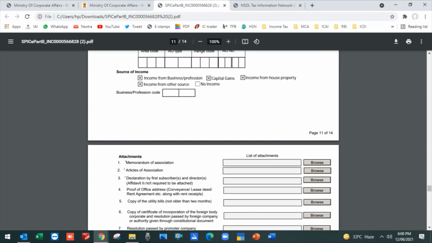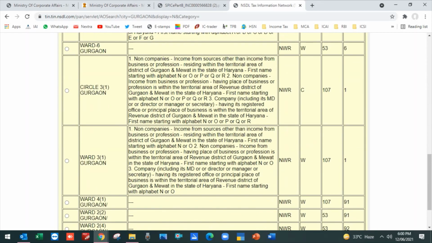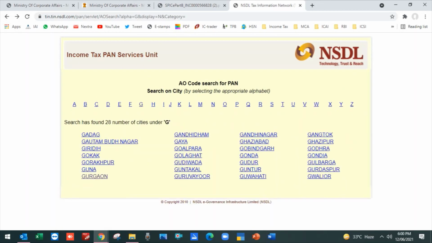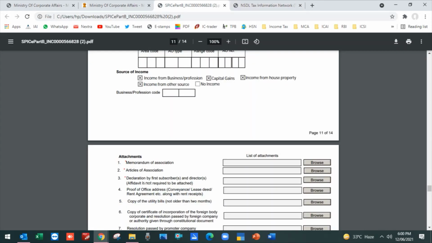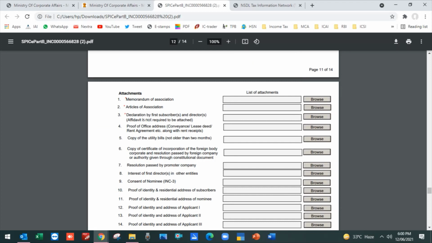Then the business profession code. For the business profession code, you can type on Google, what is my business profession code. Otherwise there is also a toolkit which I will show you. Then some necessary attachments. If a person does not have a DIN number, he has to provide an attachment, bank statement and driving license or passport. In the case of subscriber details, you again need proof of identity.